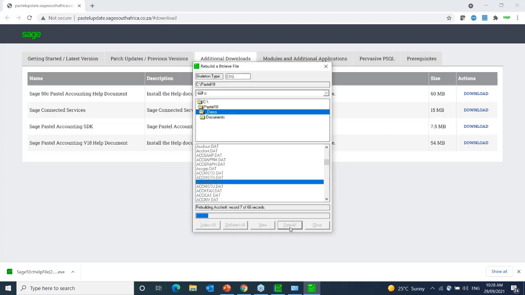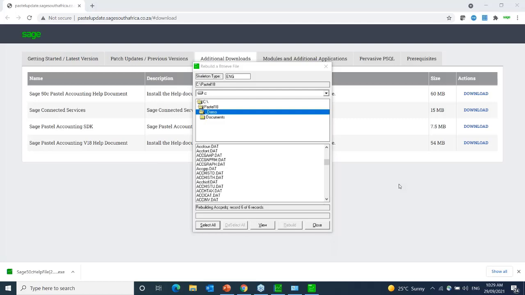And you're going to rebuild them, because what you want to make sure is that nothing in Pastel has gone a little bit funny. I do see there's a question. I'll come back to it now. So guys, basically, you're just double checking that there's nothing weird. You're rebuilding the files, but